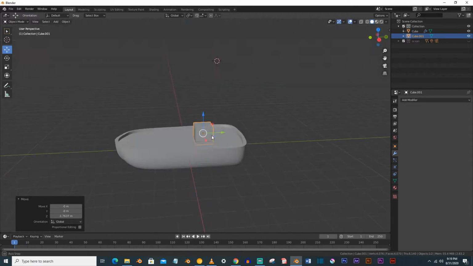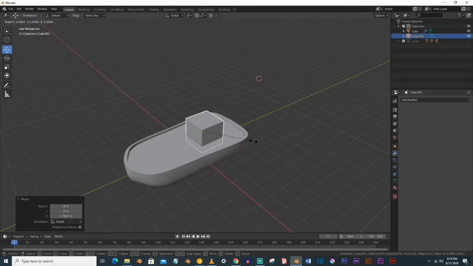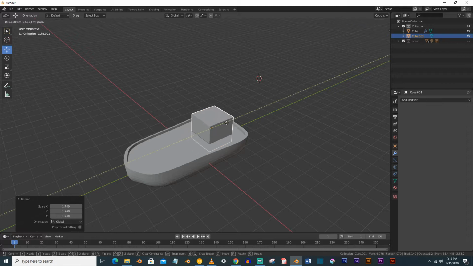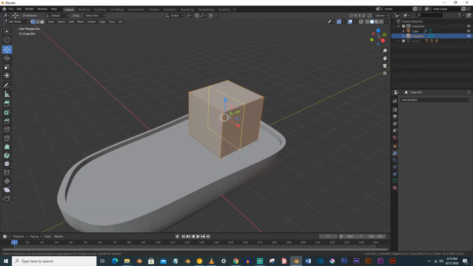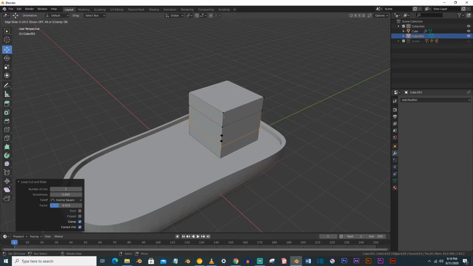Make a cube here and scale it a little bit like this, and make edge loops here, 2 edge loops, one and second one also here, and 2 edge loops here.